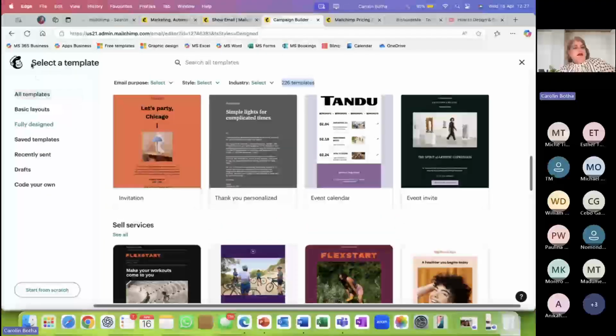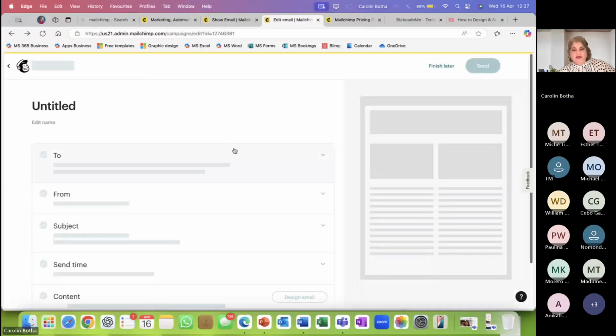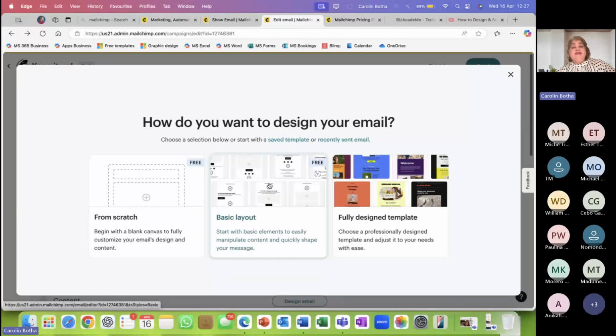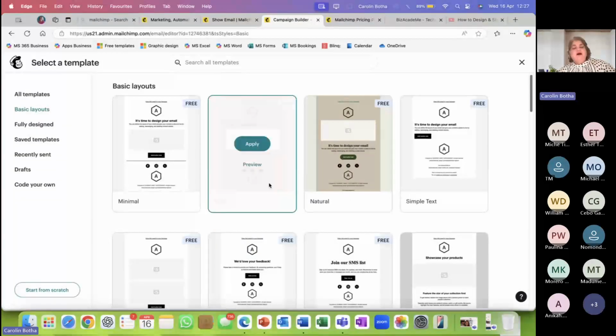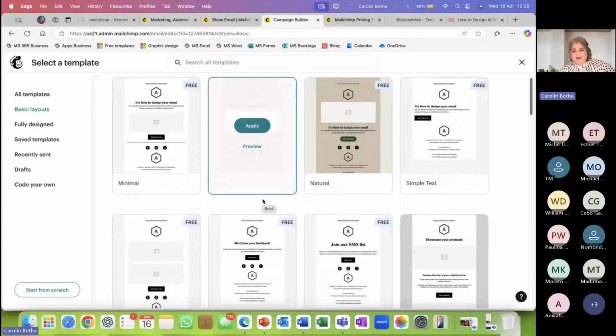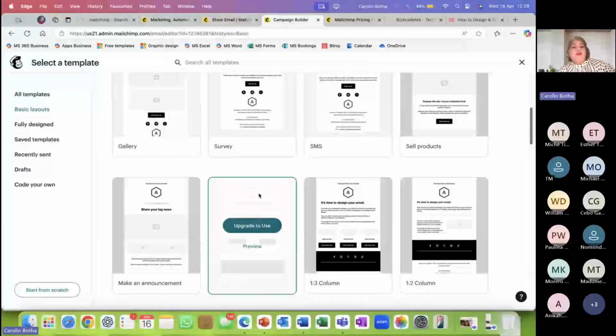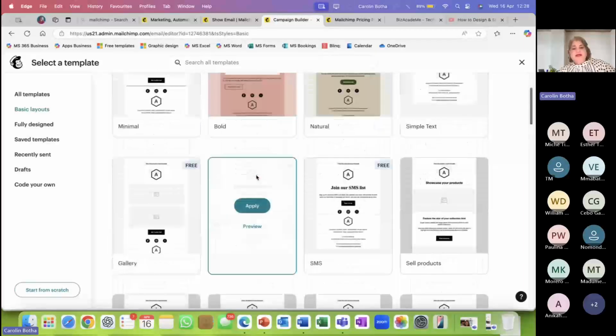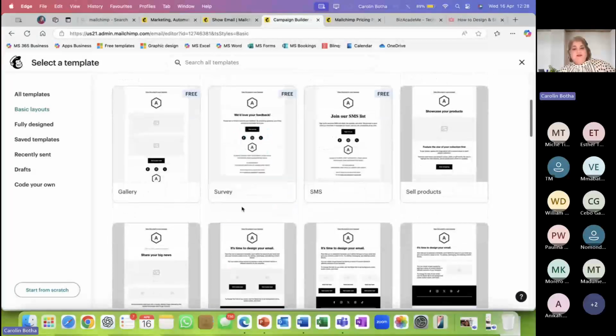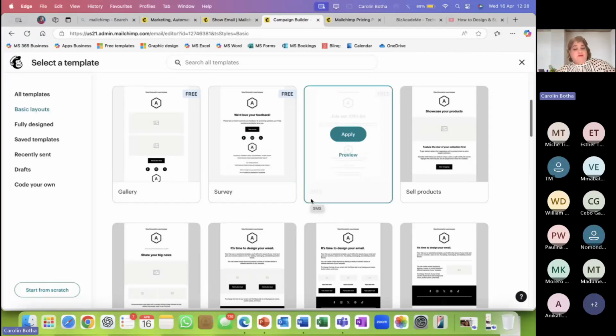So let's go back here and let's choose the basic layout. Now the basic layout also has not many for free, but look at that, 2 rows already for free. There you have to upgrade to use. This one is all about a survey that you plan to do, most probably with a form.